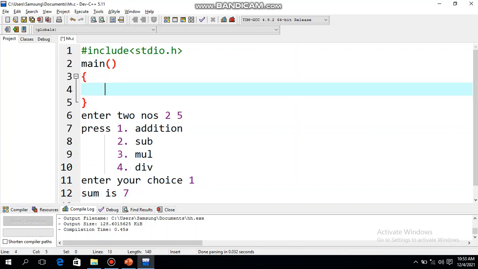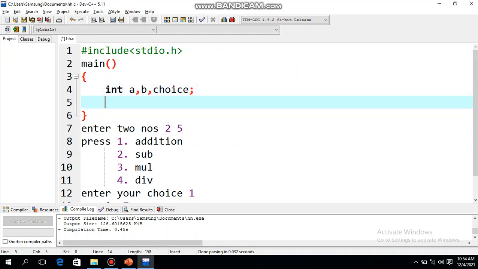One more variable you can use for displaying the result, but I am not going to use another variable for the result, because I am going to do it in the printf statement itself. I will show you how to do it.